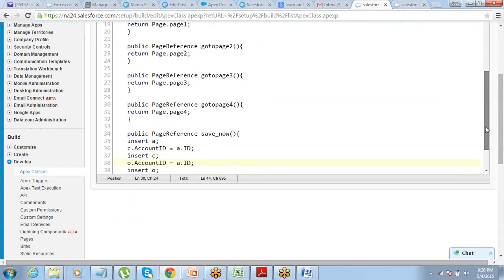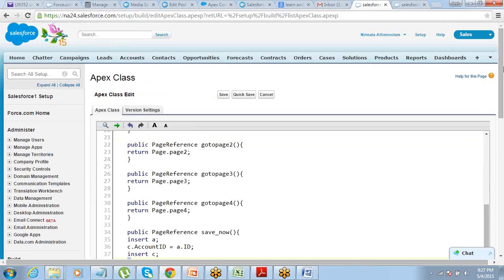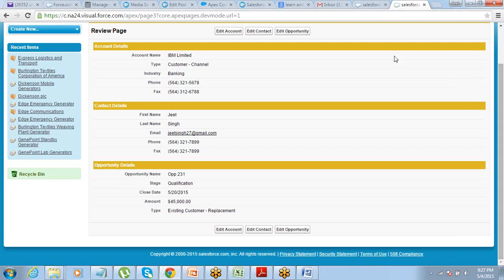Okay, so that's it. So I will insert A, then assign the ID of A to the account of contact. Then I will insert C, and then I'll assign the ID from A to the opportunity, and then I'll insert the opportunity. That's it. Save it. Okay. Now on this Visualforce page, page number 4,